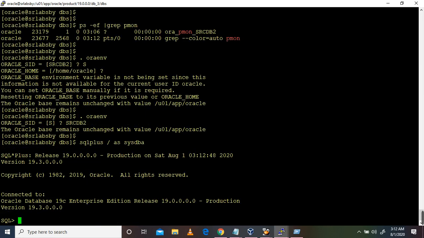So now we have to check the log mode, open mode, and database role status from the v$database.